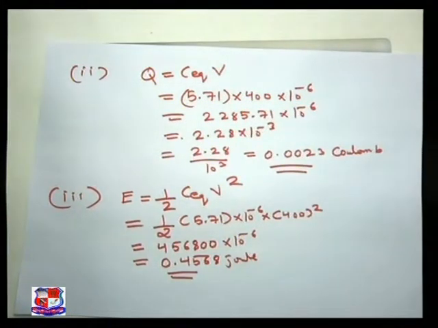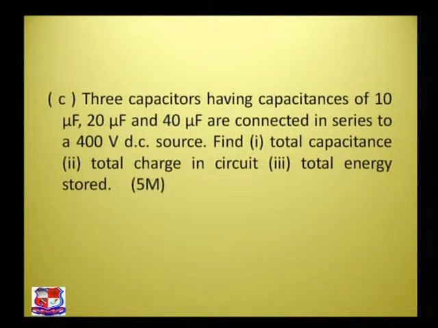Right, so if you see the question, it was asked, we have to find the total capacitance, that we already found. So if it is in parallel, the equation is like C equivalent will be equal to C1 plus C2 plus C3. If it is asked in series, so for series combination we have to write total capacitance will be 1 upon C equivalent will be equal to 1 upon C1 plus 1 upon C2 plus 1 upon C3.